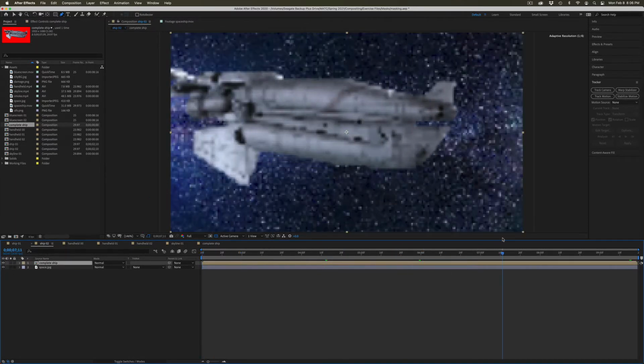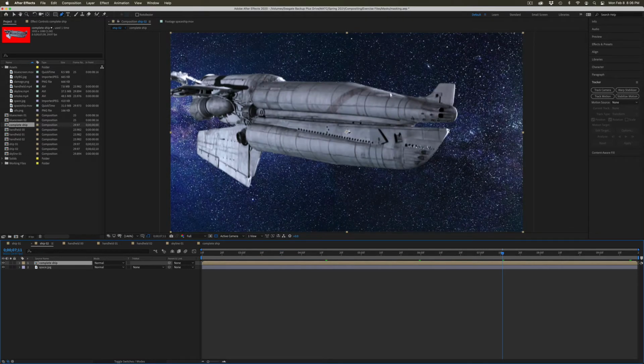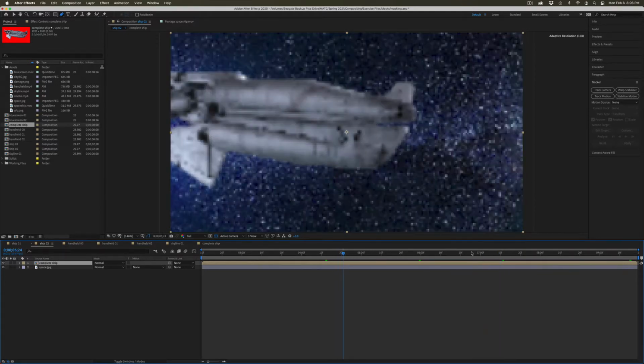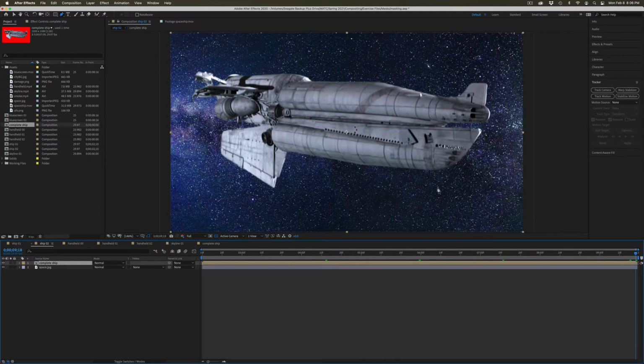So there's no grouping in After Effects. You can either pre-compose to kind of combine things, or you can parent, which I'm going to show you right now. So we need to track this ship in order to attach data to it. We can do special effects, we could do text, we could add lighting. We just need to get that data. And like I mentioned in the previous class, now that these are combined,